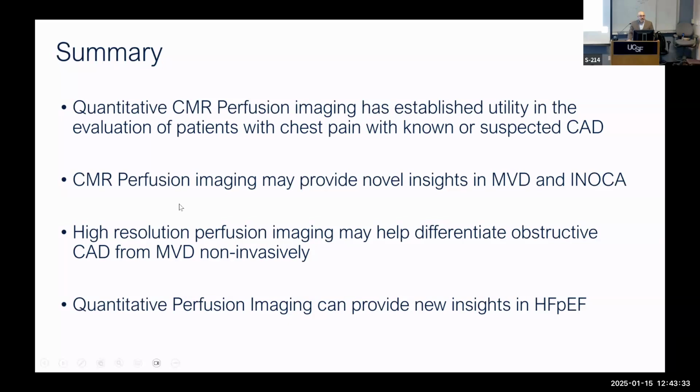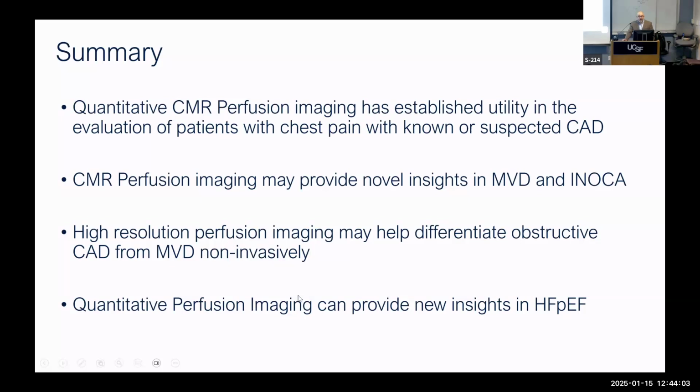CMR is showing insights in microvascular disease and ANOCA. This is an area that's ripe for thinking about novel therapeutics. How do novel therapeutics change the perfusion in the heart? We think that high resolution imaging, as well as getting whole heart coverage, will help us really differentiate obstructive disease from microvascular disease non-invasively, which has been challenging for